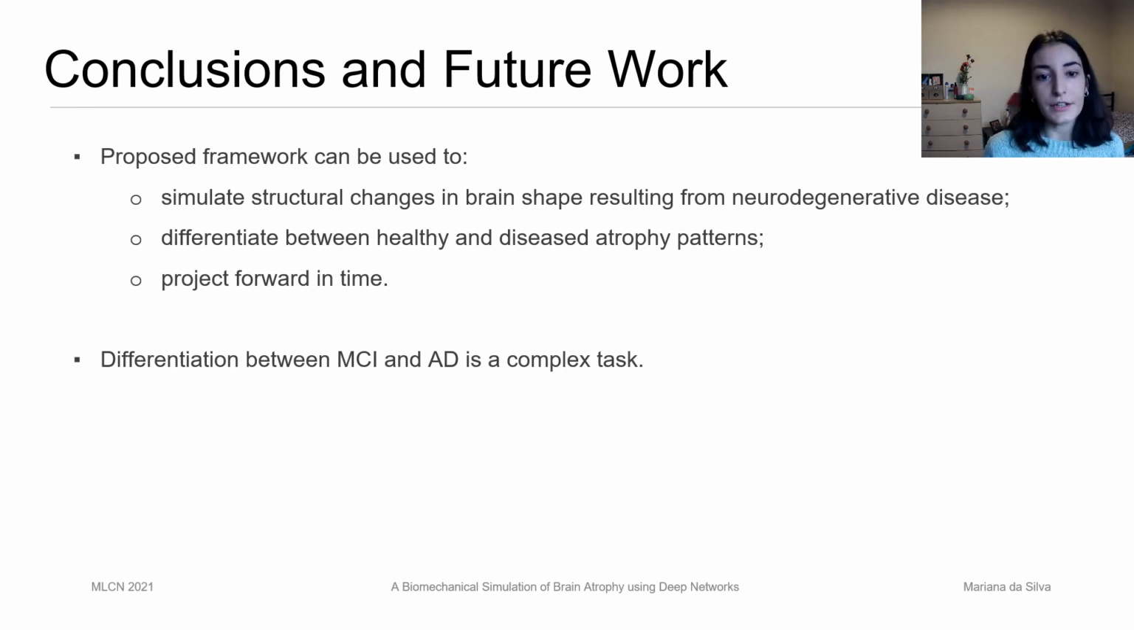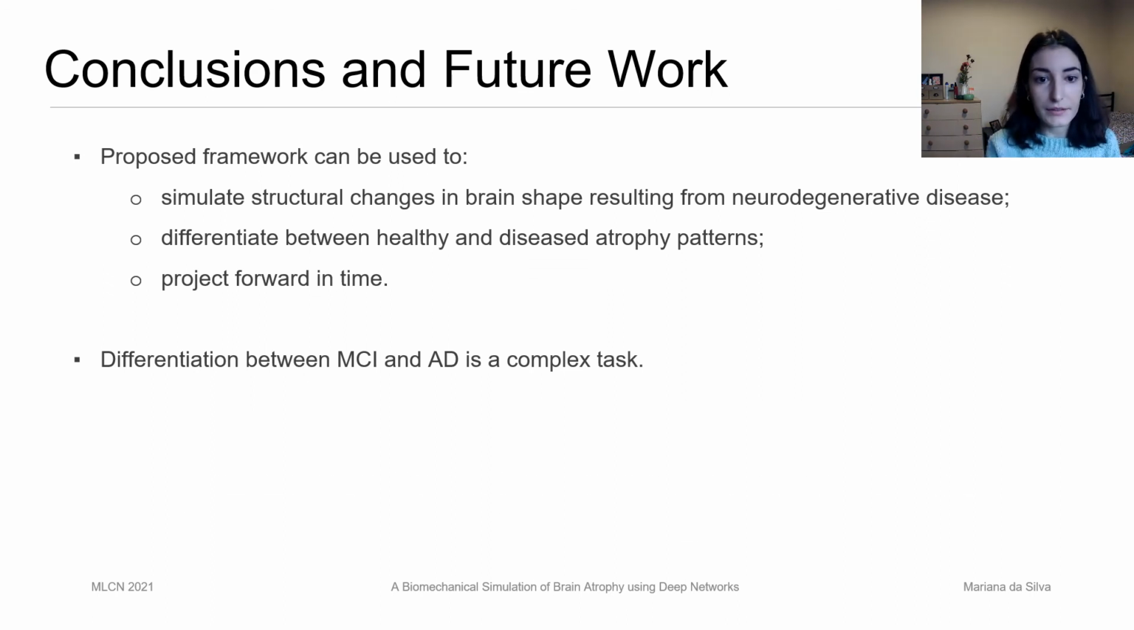So the results shown here show that the proposed framework can be used to simulate structural changes in brain shape resulting from neurodegenerative diseases, and we can differentiate between healthy and diseased atrophy patterns. It is important to note that in this work, atrophy was encoded to predict only demographic trends. We show that in this way, we can create a simple simulator of disease progression where one can easily intervene on one of these inputs, for example, the time or the disease class, and then both visualize and quantify the